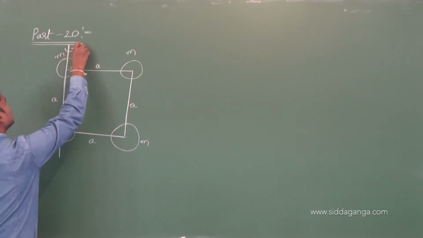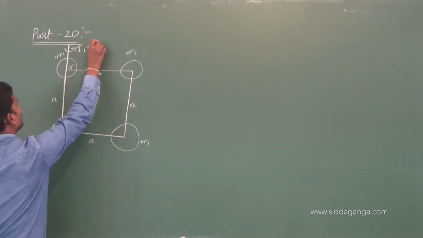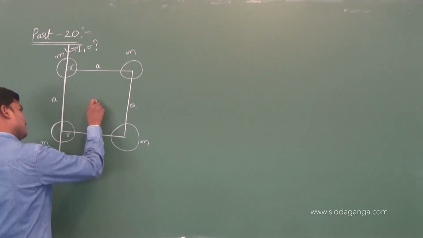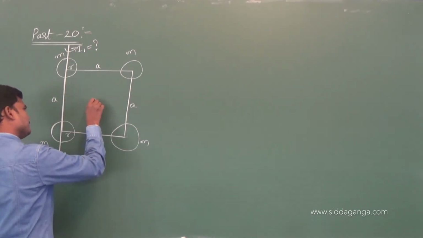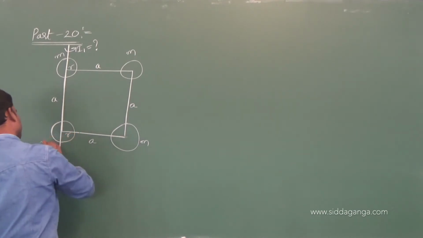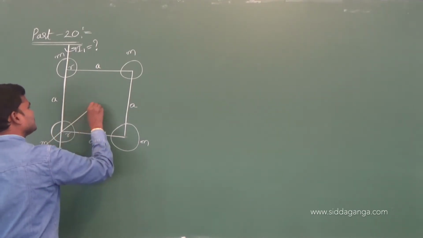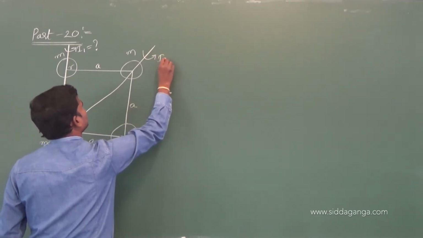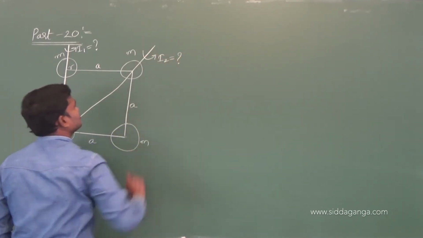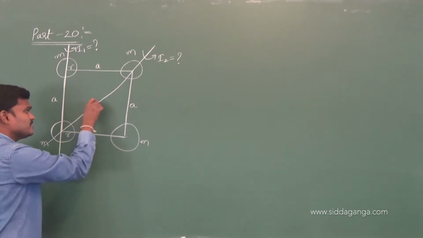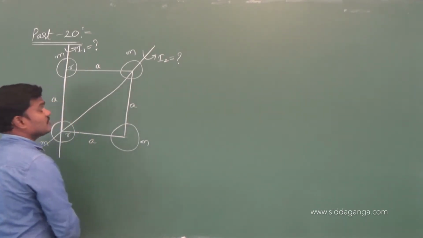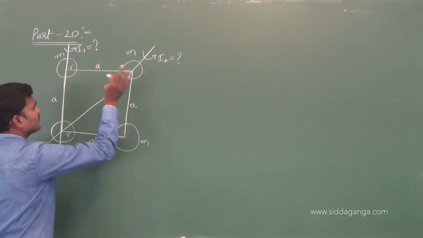Let us suppose this is I1. So, let me find what is I1. If you want, we can find about this line, about this axis. About this axis, let us suppose I2. If you want another question, you can find it about the centroid, the point of intersection of the diagonals. Let me find I1 and I2 first.